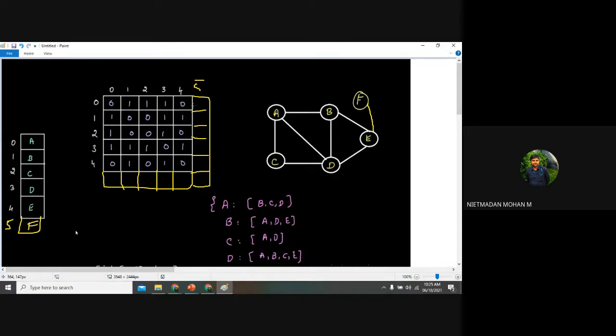So what will be the value now? All zeros. E to F, it will be 1, right? And F to E also, it will be 1, right? Yes, sir.